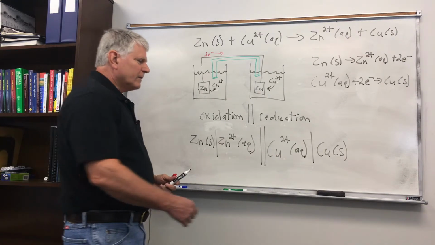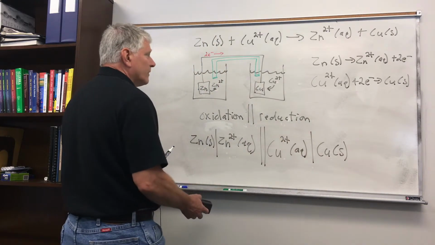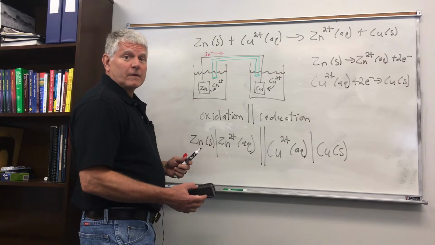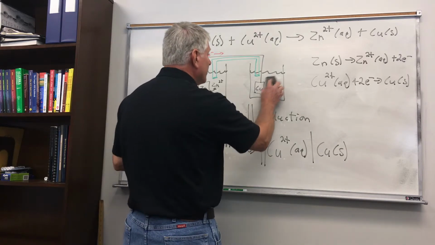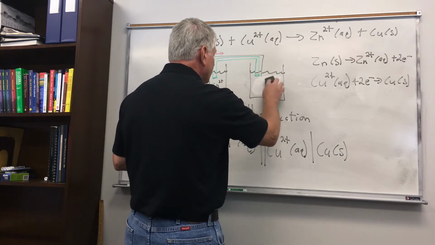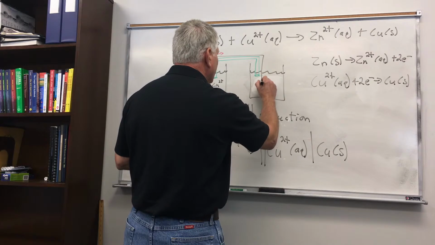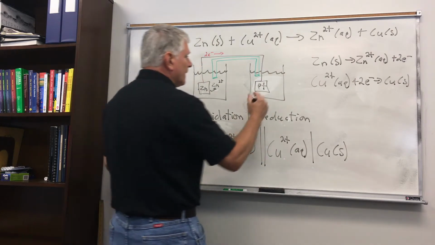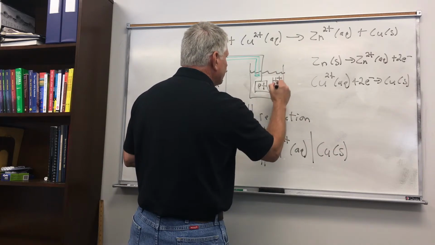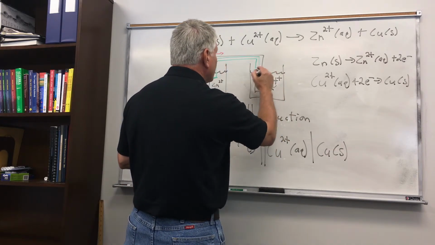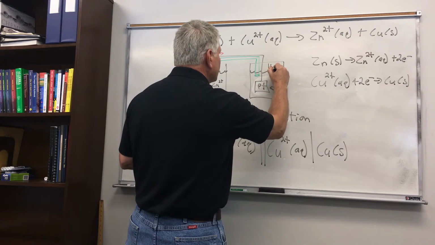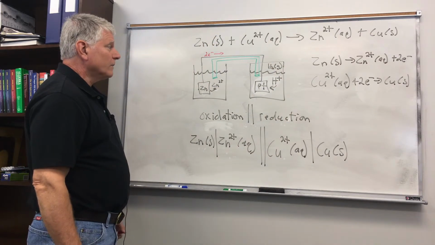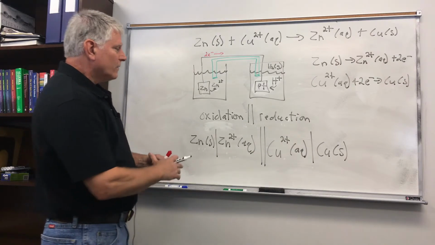Now say we have like the standard hydrogen electrode, where we don't have an electrode, because here, if we had our standard hydrogen electrode, we would use platinum as the electrode. We would have H+ here, and we would have H2 gas above the solution. And so here we would write